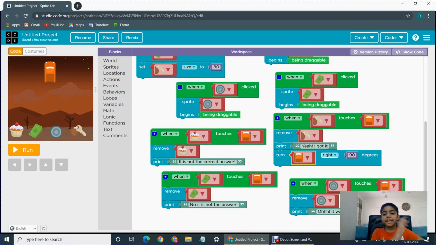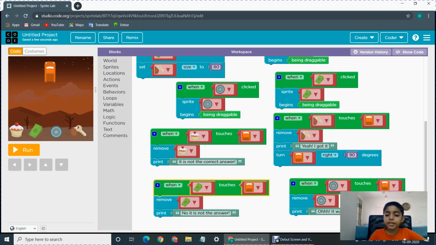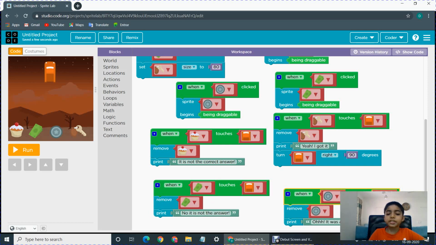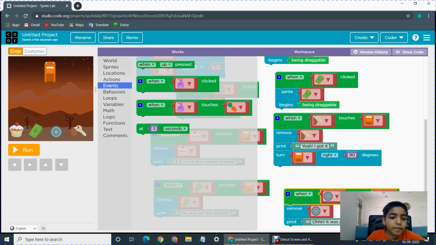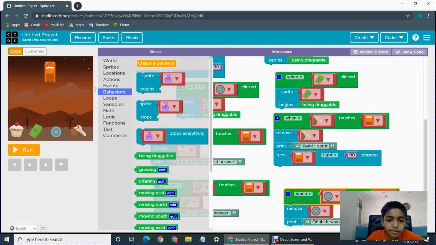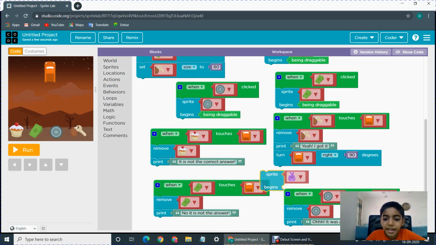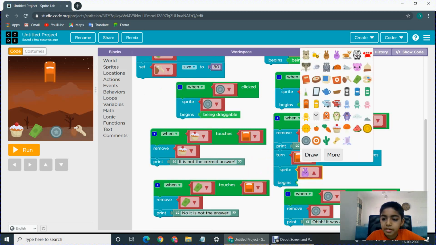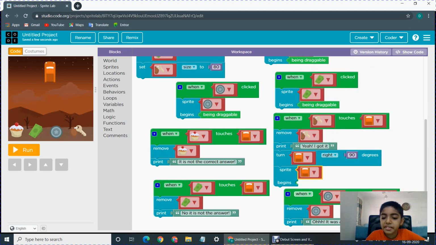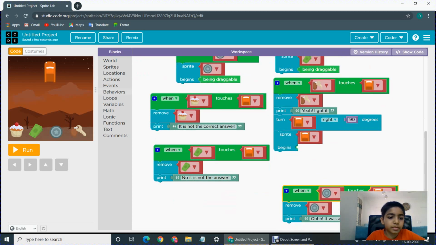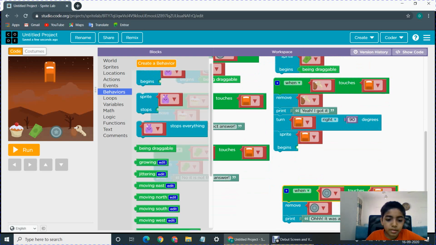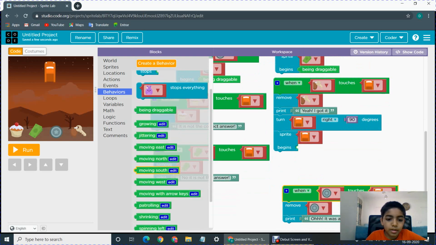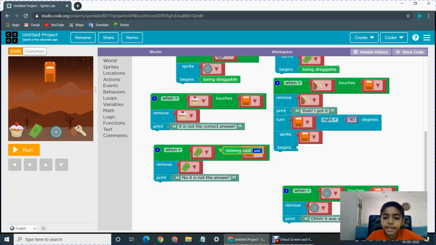So it turns by 90 degrees towards right, and then it should start moving, it should go forward. So we go to behaviors, we take this car sprite begins moving east.